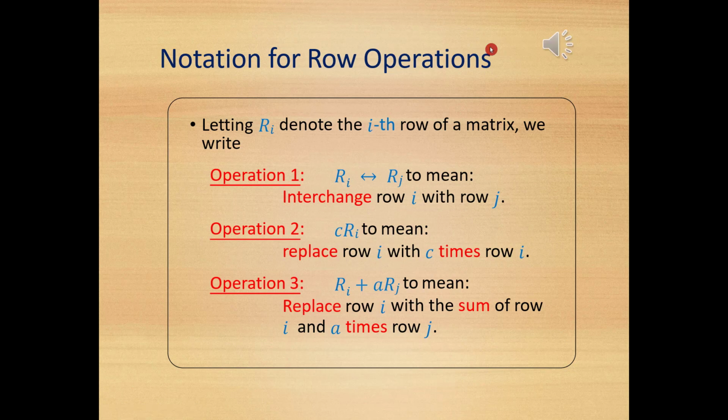Row operations. First operation: interchange of any two rows. The notation is Ri interchange Rj, which means interchange of row i with row j. Operation 2: replace any row by a non-zero constant multiple of itself. cRi means replace row i with c times row i. Operation 3: replace any row by